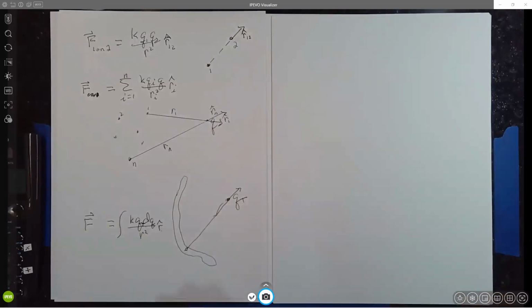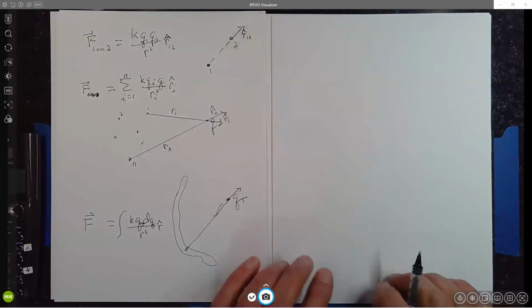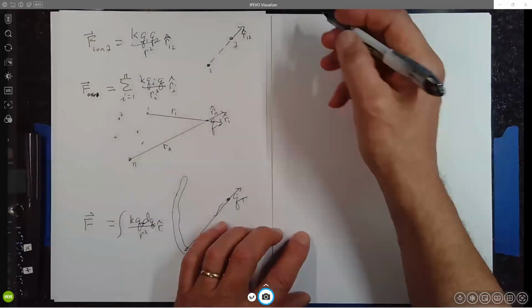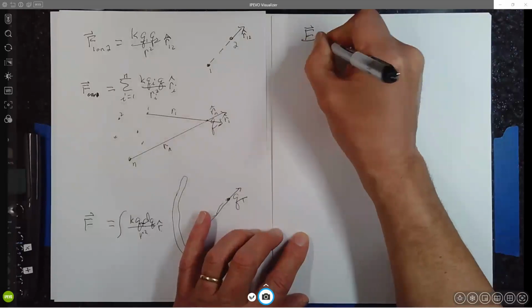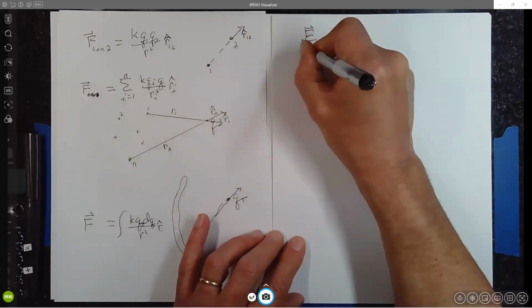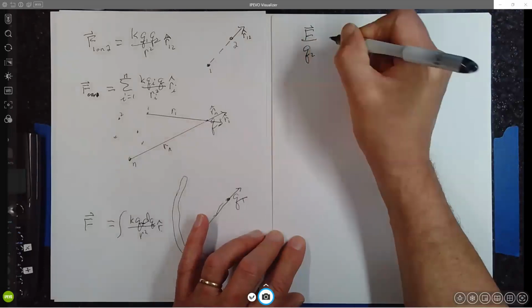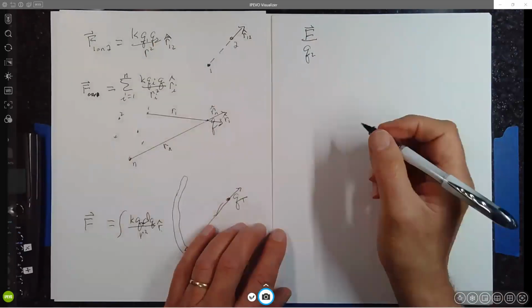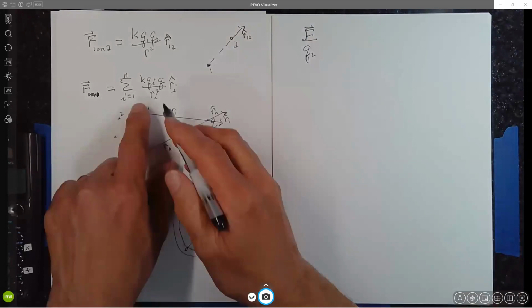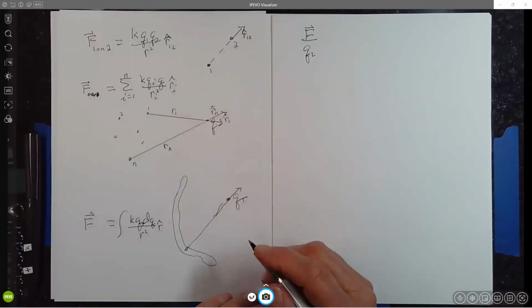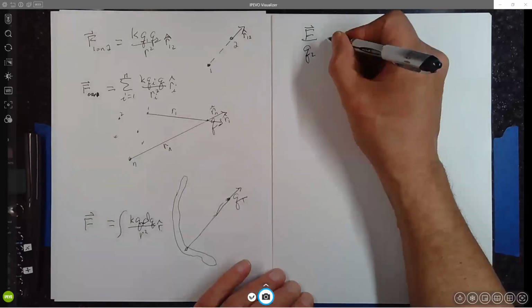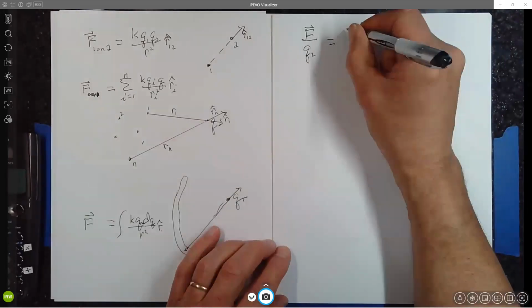So this is a new idea, force per unit charge. But what we would do then is take that force we calculated and divide it by the Q2, pull it out of here, and in this case we'd divide it by the Q sub T,